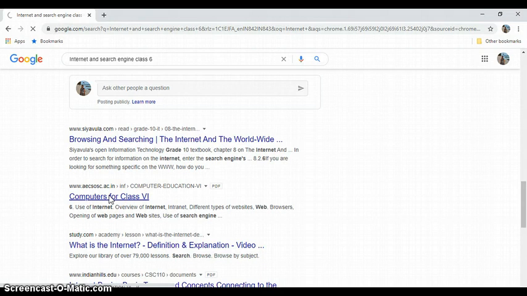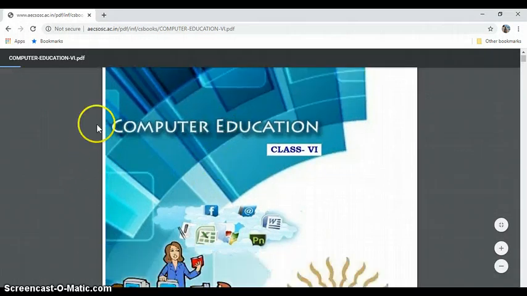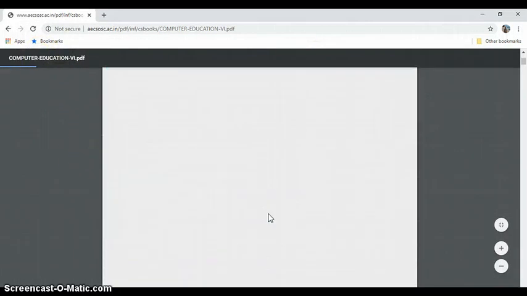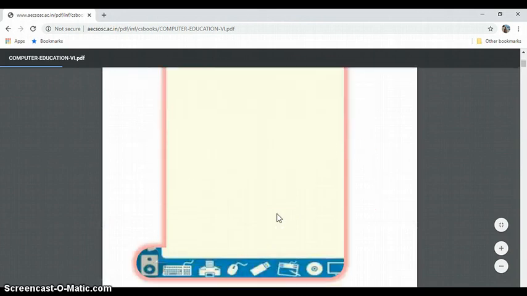Like this is computer, suppose this is what I was searching for. Now this is a PDF file. PDF is a short form of portable document format, and this is the document.